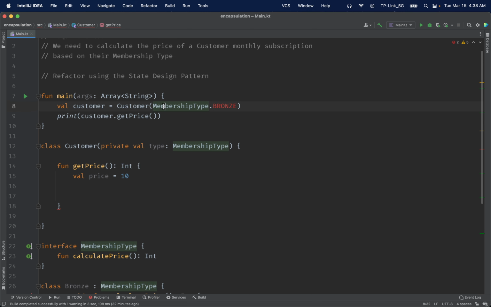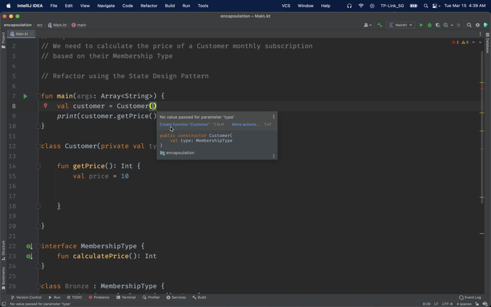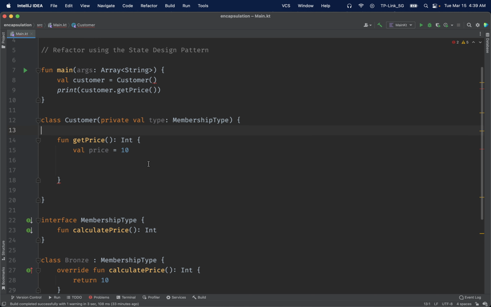And now notice how the customer construction is also yelling at us. But it's pretty late over here. A little sleepy at the moment. So